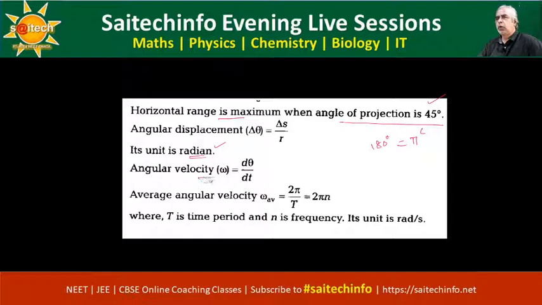So that is called angular velocity. Like normal velocity ds by dt, here it is d theta by dt. Then the average angular velocity is given as omega average, which is 2 pi by T. And 1 by T can be written as nu, so actually it should be written as 2 pi nu. Nu is the frequency, the reciprocal of the time taken. You can put n also. Its unit is radian per second, because of the 2 pi. T is the time in seconds.